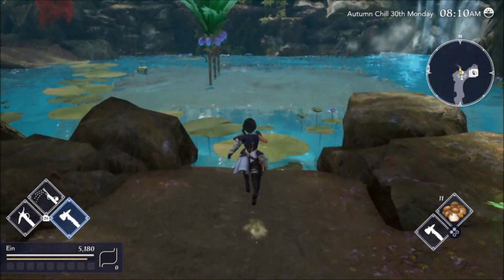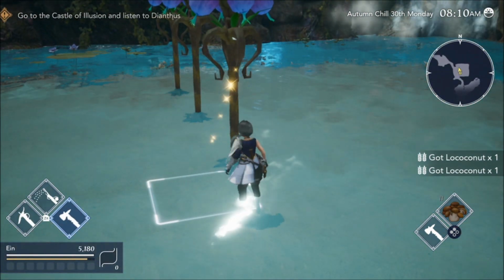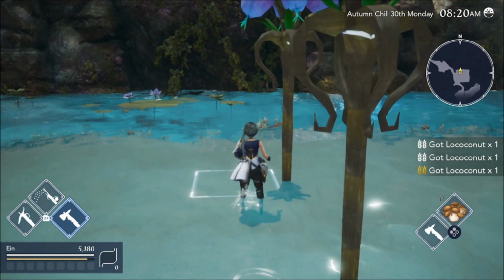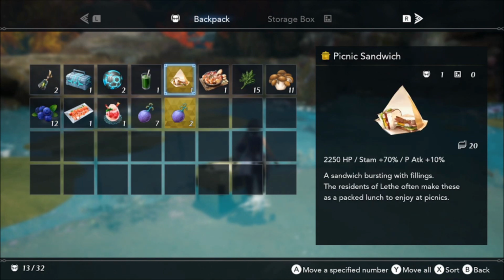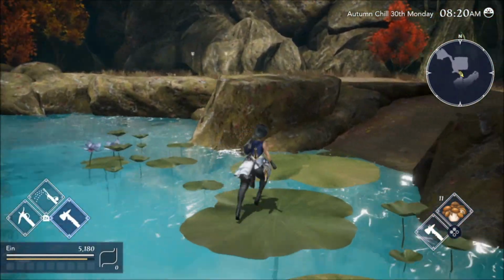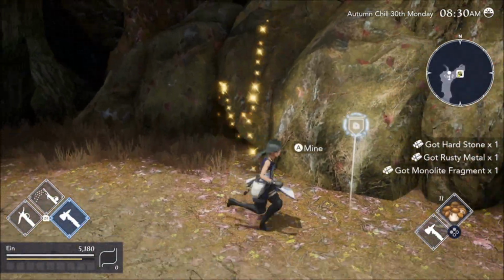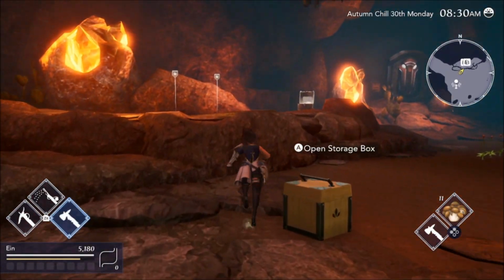Water side biome will only have our coconuts. I should actually process some more nectarine so I can get more sugar. And these guys have nothing, so...